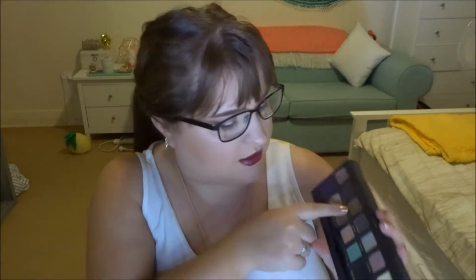This color here called Self-Made is one of my favorite colors to use in the winter. The purple and the mint green are beautiful. I love all these shades. The only one I don't really use is Spirit Rock. It's a matte black with purple glitter in it, but